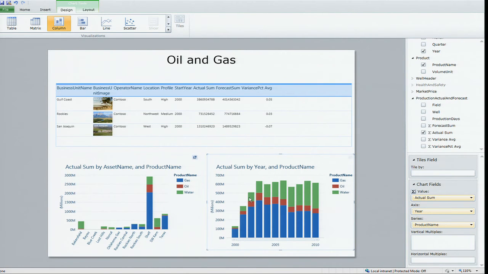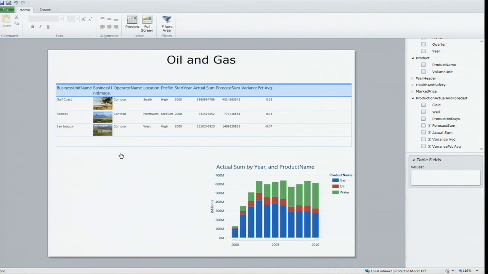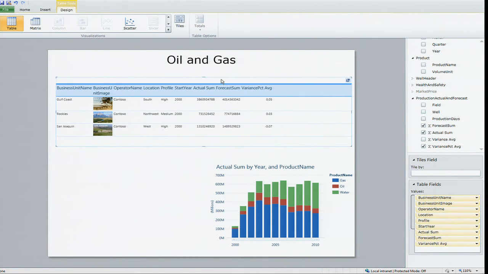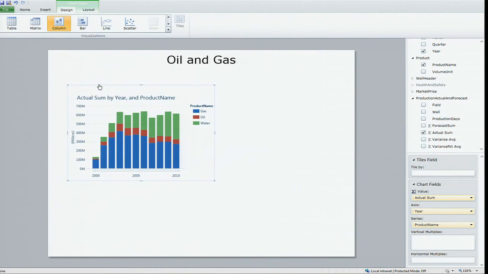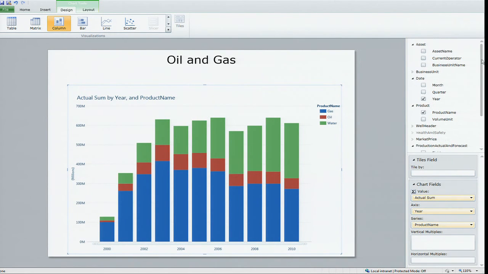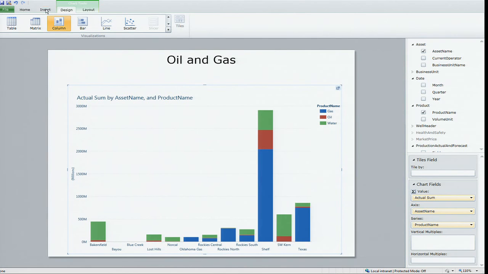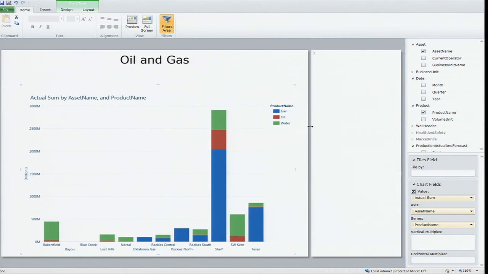All right, so let's go ahead and look a little bit at the oil and gas down here. And let's look at the variance over the different production that we have. So I have years right now. I've got oil and gas. What I really want to do is see it by asset name, because that was the most interesting thing, right? So I'm going to go ahead and drag asset name and replace year with asset name. And I don't have to start from scratch. I can just do that. I'm going to go ahead and filter out and just look at gas production, for example. So let's grab product,